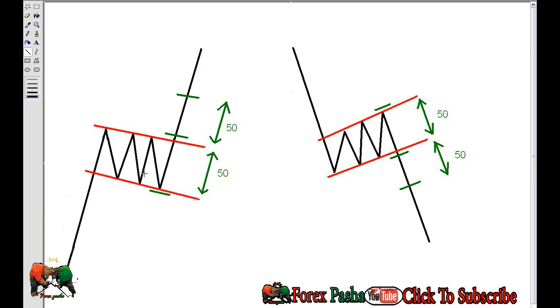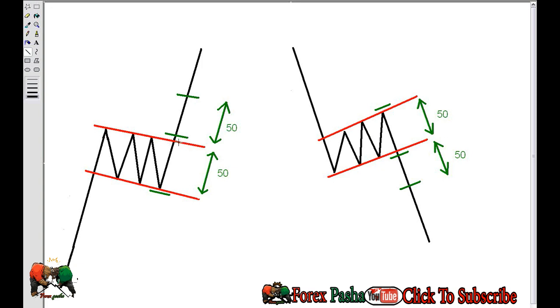So if we reference the left-hand drawing here, which is a bullish flag, as we said before, we've got a flagpole going in an upwards direction, then an area of consolidation that's defined by these two red lines. So the top of the consolidation with the top red line, and the bottom of consolidation on the bottom red line. So in terms of your entry, what you're looking for is a break above that top consolidation trend line,